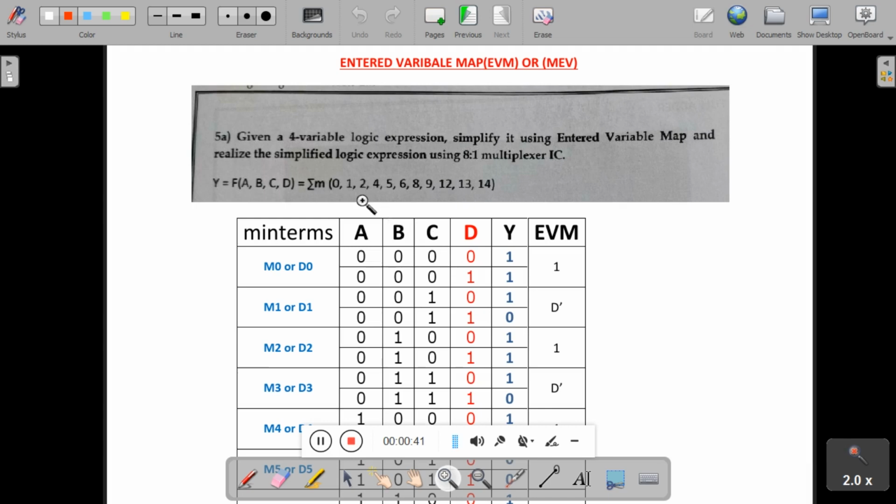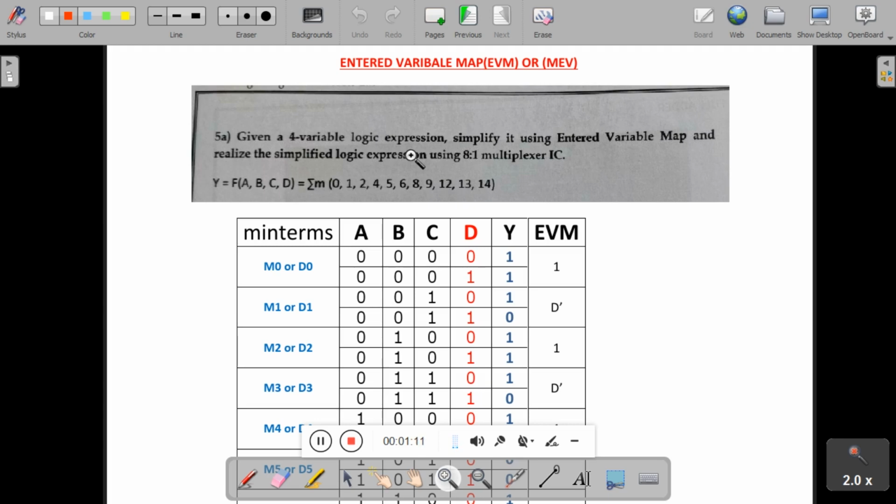Experiment number 5 is: given a 4-variable logic expression, simplify it using entered variable map and realize the simplified logic expression using an 8:1 multiplexer. Let me repeat. Given a 4-variable logic expression, simplify it using entered variable map and realize the simplified logic expression using an 8:1 multiplexer.